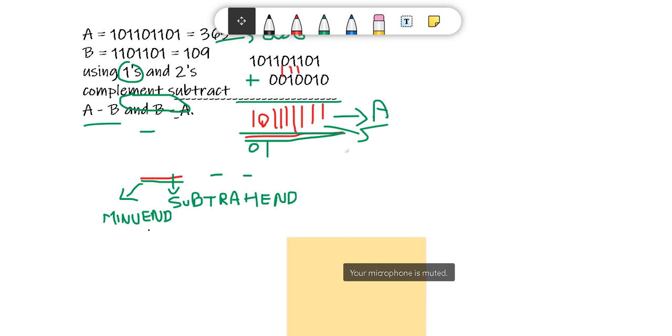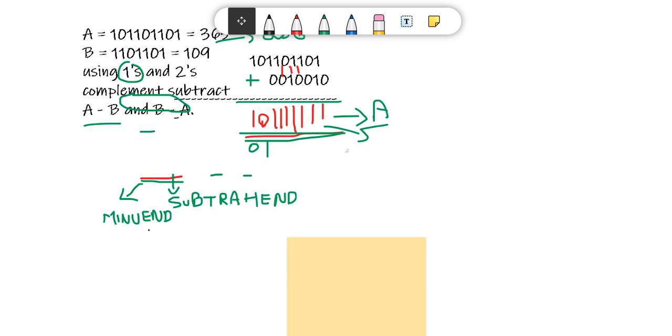So the first thing, a simple thing you have to remember, is the first step: you convert the subtrahend using whatever complement, ones complement or twos complement.